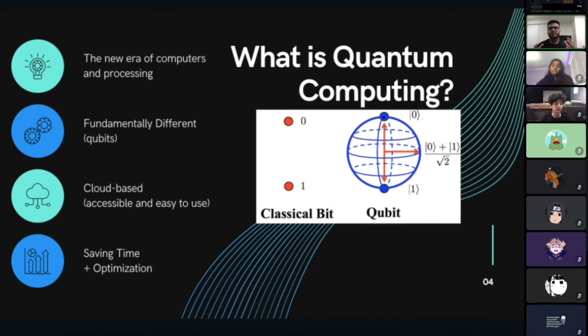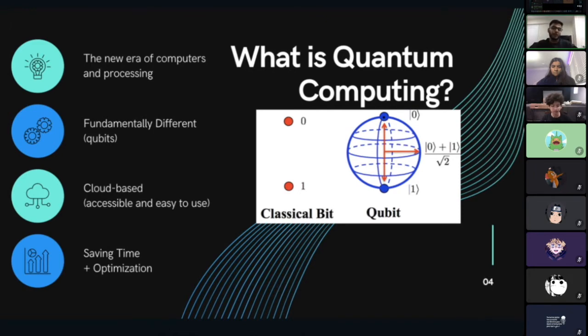But the difference is that quantum computers use qubits, which allow for ones or zeros, like on or off, but also anywhere in between. So what does this mean? It could be 70% 1 and 30% 0. It allows for probabilities, so it's not exactly just 1 or just 0. It allows for a lot more space in between. And that's how they're fundamentally different. They're built in a completely new way that's never been seen before, and that's why they allow for a lot of different types of solutions to problems.